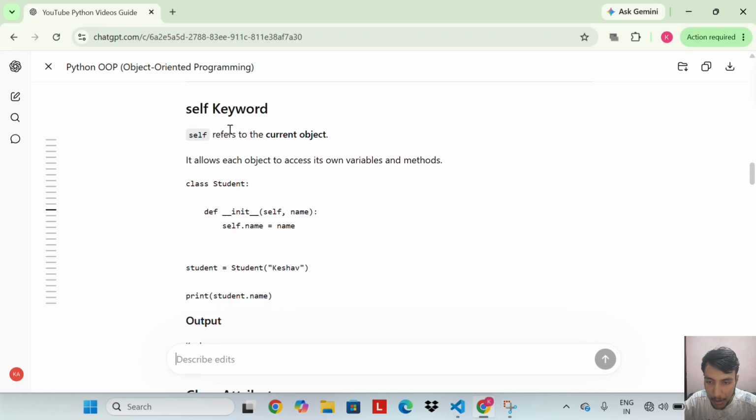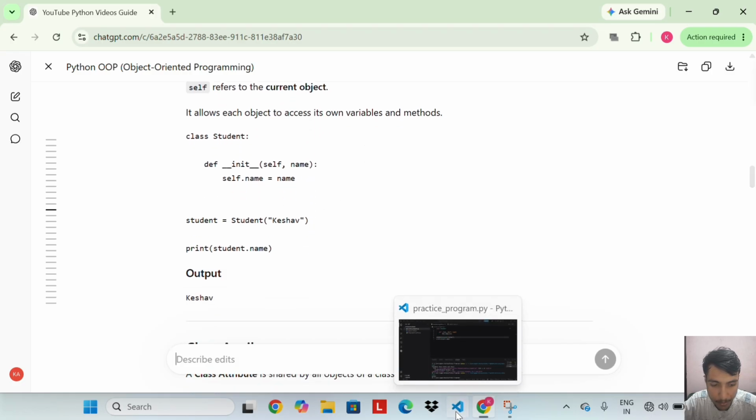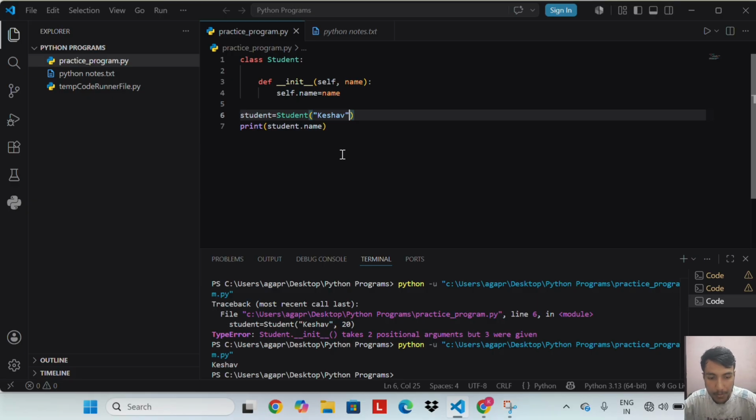Self keyword. Self refers to the current object. It allows each object to access its own variables and methods. So let's do an example of the self keyword. In this example, self is used. Self is a very important keyword in OOP. It refers to the current object.